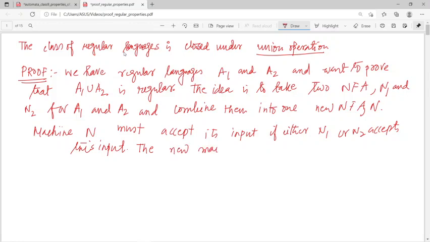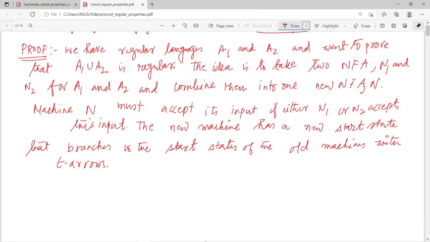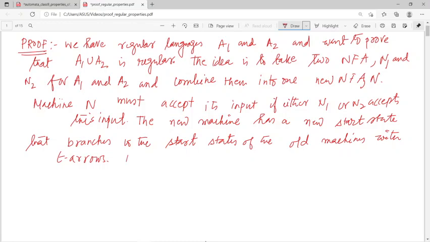The new machine, or you can say the automaton, has a new start state that branches to the start states of the old machine with epsilon arrows. তার মানে আমি কি বললাম, এই যে দুটো নতুন মেশিন যার স্টার্ট স্টেট ধরো ছিল, সেই স্টার্ট স্টেটটা আমাকে যে নতুন মেশিনটা তৈরি করলাম সেখান থেকে এপসাইলন যদি পড়ে, তাহলে আমি যে কোনো আইদার N1 মেশিনেও যেতে পারি, আইদার N2 মেশিনেও যেতে পারি, আমি এইভাবেই ডিজাইন করতে পারি।